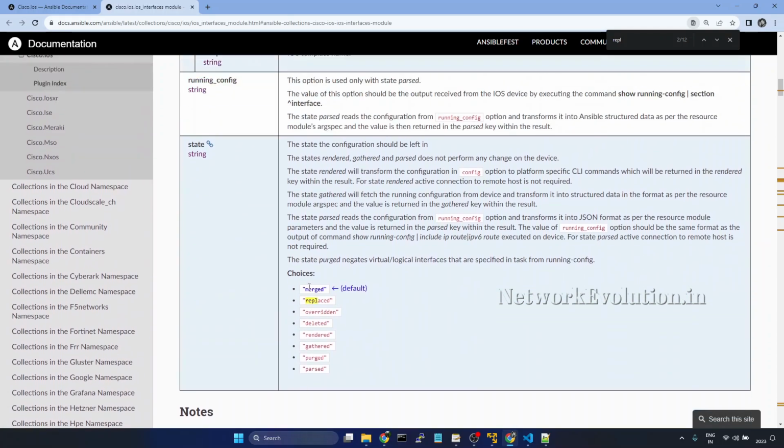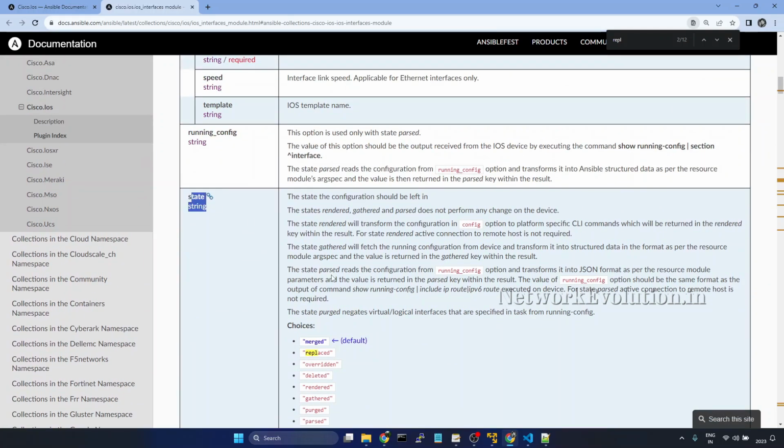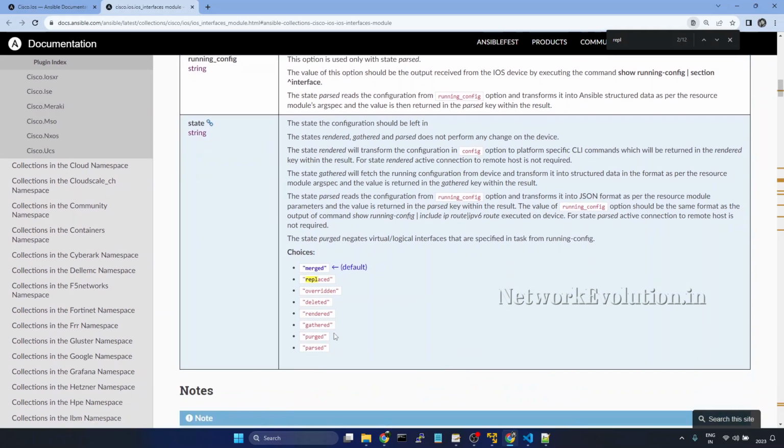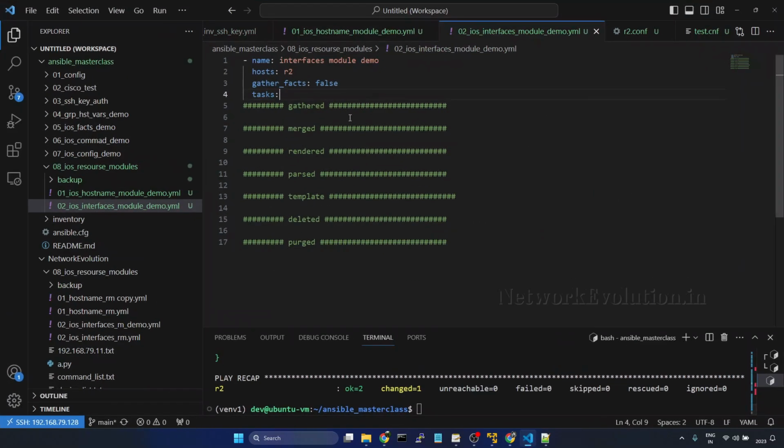We'll directly get into the configuration state options. First, we'll take a look into how to use gathered. I'll go to VS Code. Here I'll be using R2 for this demonstration. We can check the current configuration of R2